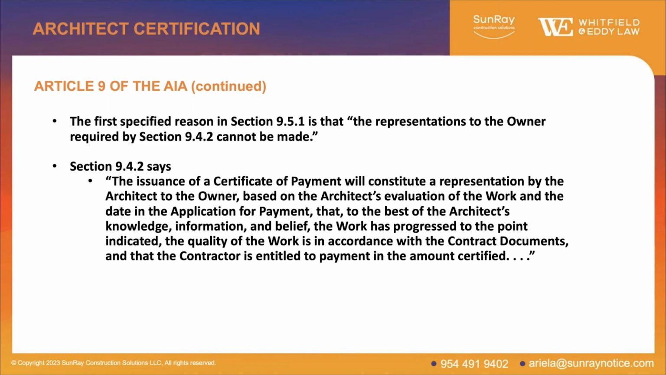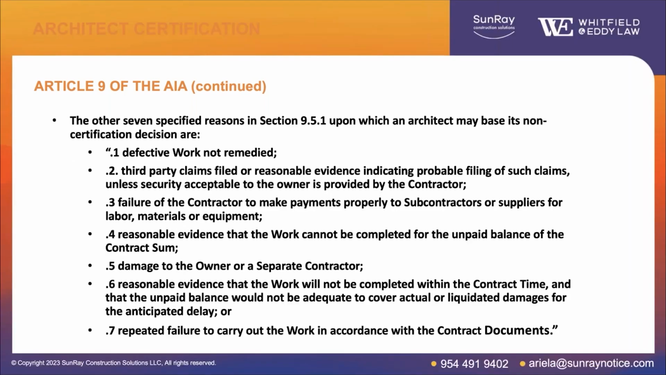Let's go to the next slide. So we've looked at the first of the 8 reasons. Now here's the other 7. And again, they're pretty broad. The first one is defective work not remedied. That's self-explanatory. The second one is an important one for a contractor because it allows the architect to withhold certification